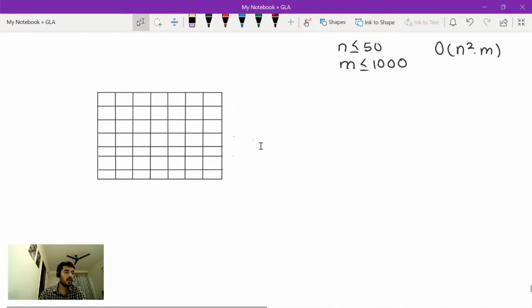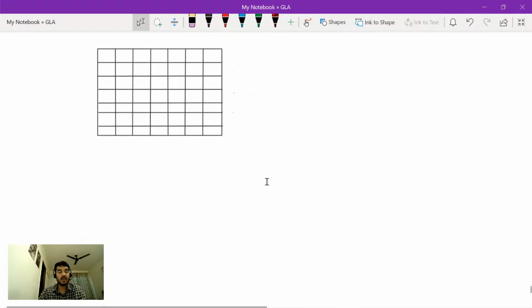Cool. Now let's first find the sum of all the rectangle cell values which start from cell 0 comma 0 and end at cell i comma j. This is a very standard problem of dynamic programming, with a very standard recurrence relation. Let's say we have a dp of i comma j, and this dp of i comma j will simply store the sum of cell values